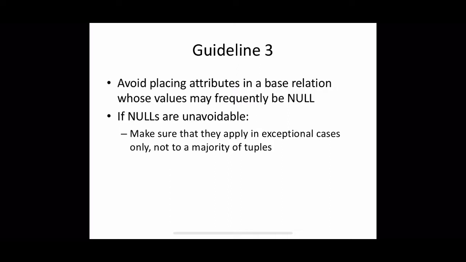Instead, keep that as a separate table, employee office. Now only the employee who has an individual office will have an entry in this second table: employee SSN and the corresponding office number. So two-attribute tuples can be there, and thereby we can avoid a lot of null values in the base relation.